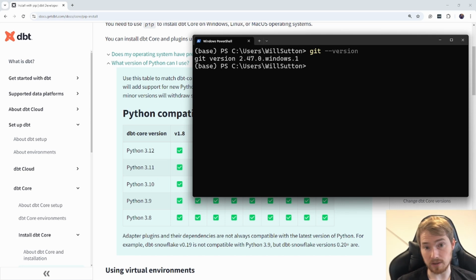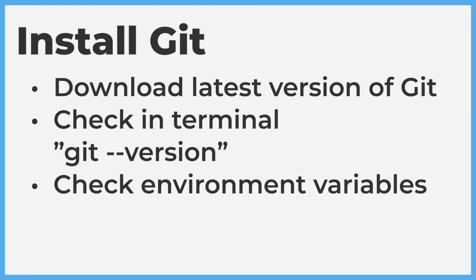If you are having issues with any of these, you can skip ahead to that point in the video where I'll go and install it from scratch for you. After installing these, we'll then go on to bringing this into VS Code and starting a project there. So if you have the relevant version of Python, Git, and dbt installed already, you can go ahead to the VS Code section. So if you don't have Git installed, you can just do a Google search for install Git,